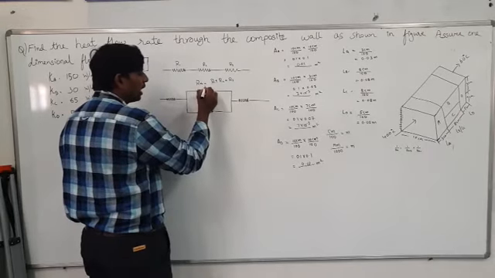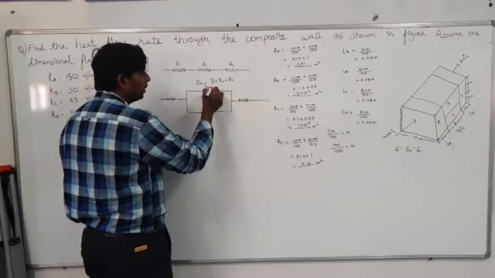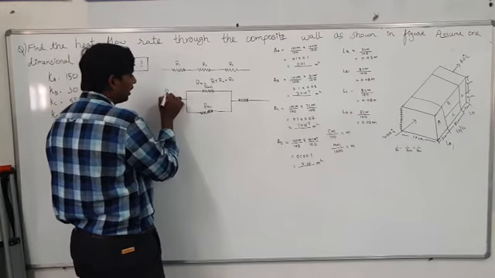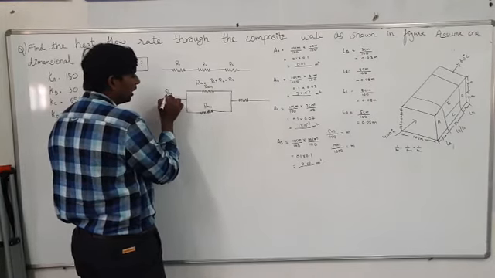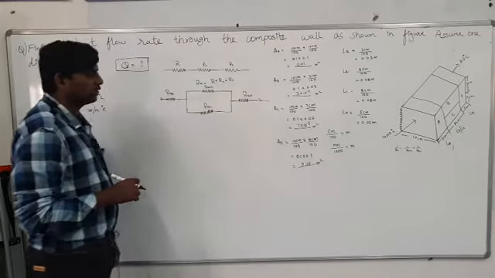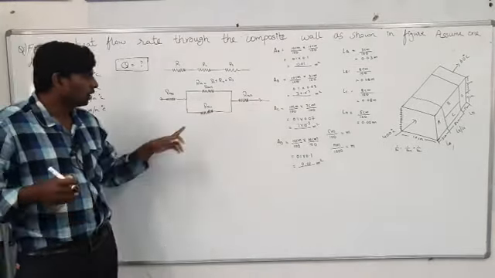So I'll write here RTH A, RTH B, RTH C, and RTH D. Okay? Like this the condition will be there. Here these two are parallel to each other. This one is okay and this one is okay. First you have to convert this one.